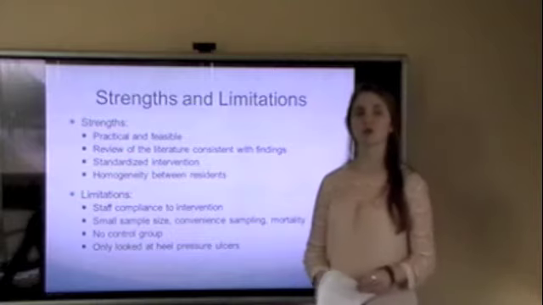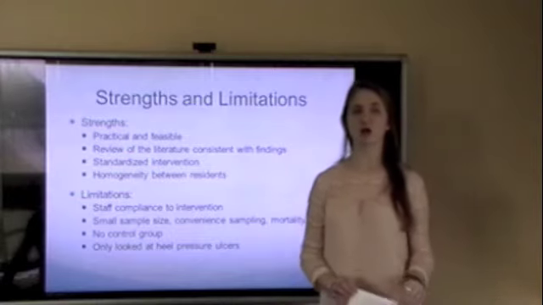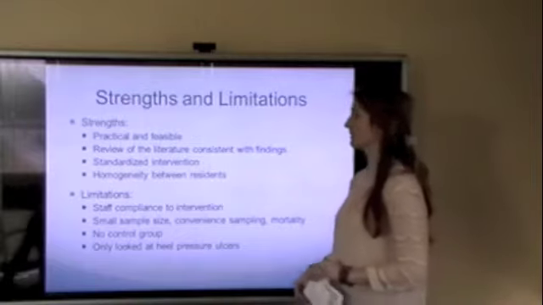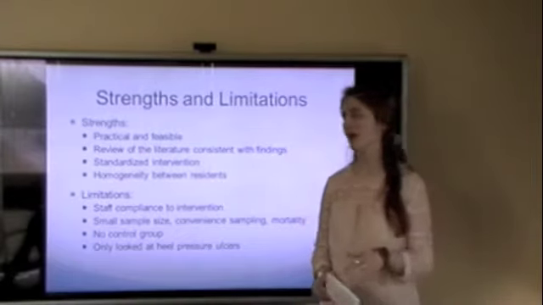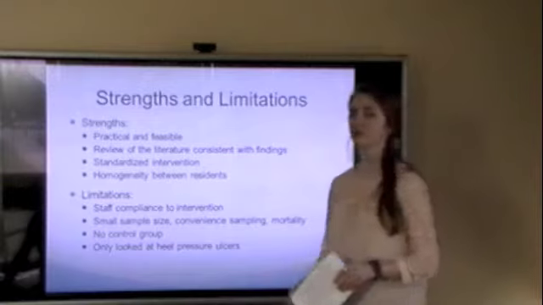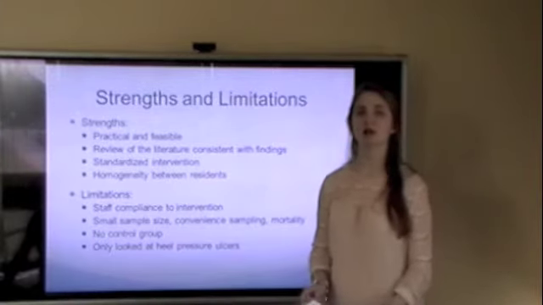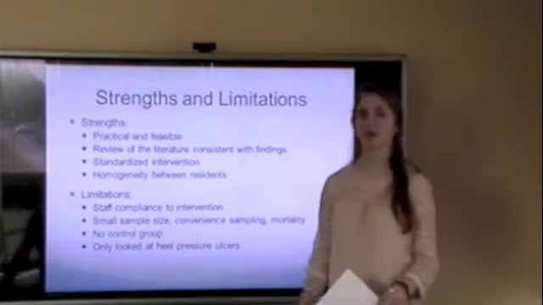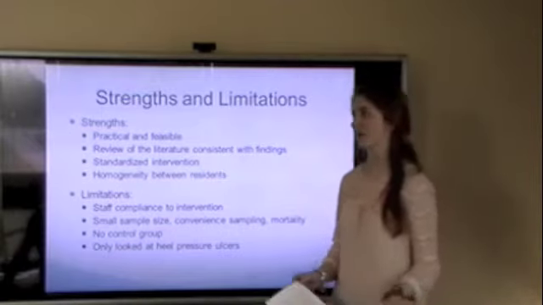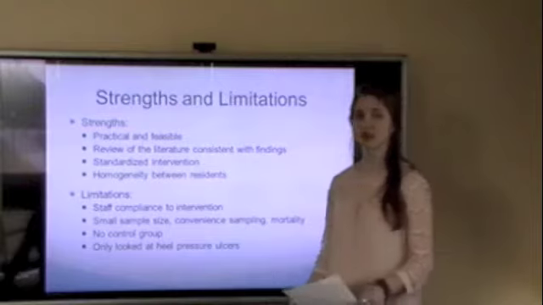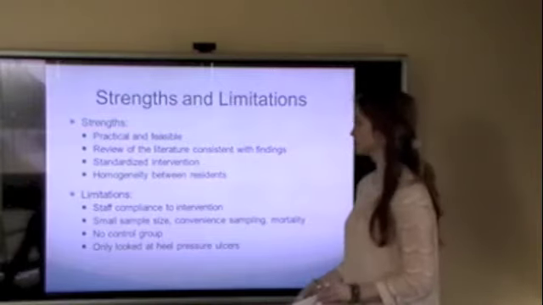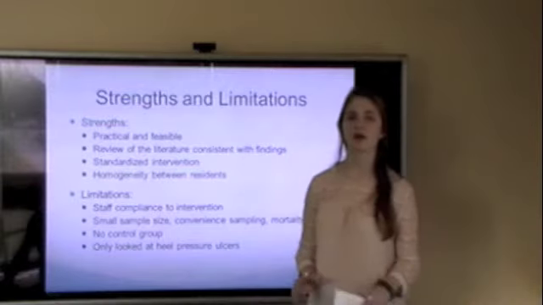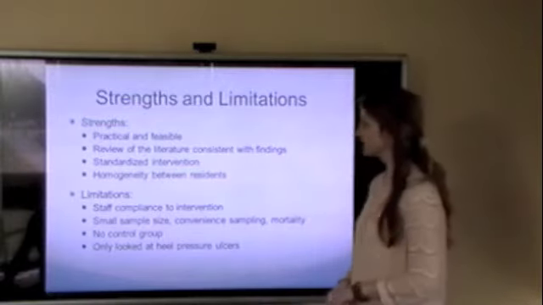And they also would put up pictures of different stages of pressure ulcers around the unit, so that way the healthcare workers would be more aware. And they all used these kite symbols on every patient's bed that had a pressure ulcer to designate to the healthcare worker that this patient had a pressure ulcer and what stage it was at. There was homogeneity between residents, so they all were in the healthcare facility for similar reasons.